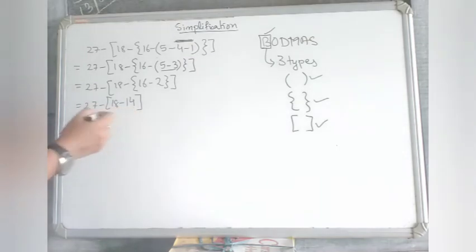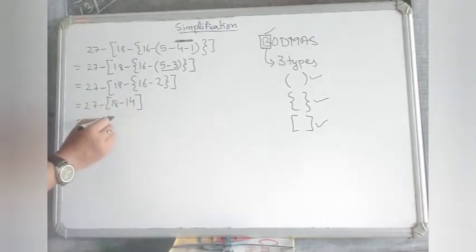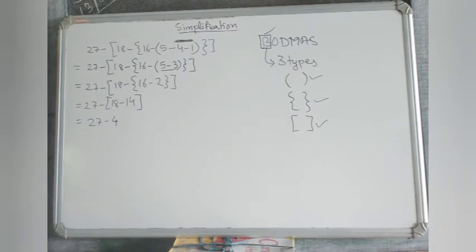Now third bracket. So when you solve the third bracket, 18 minus 14 will give me 4, and the third bracket also will be off now. Now 27 minus 4 will give me 23. So this is your